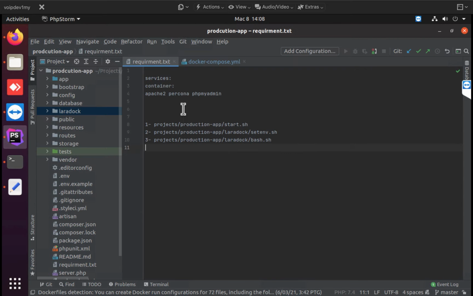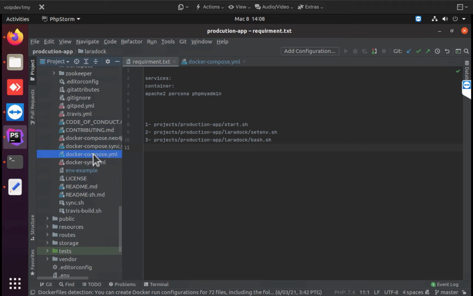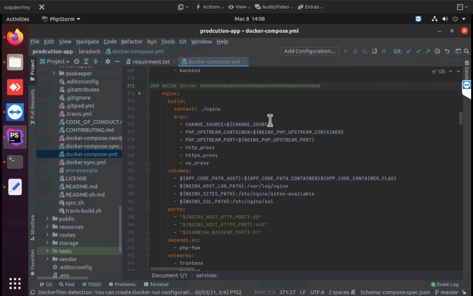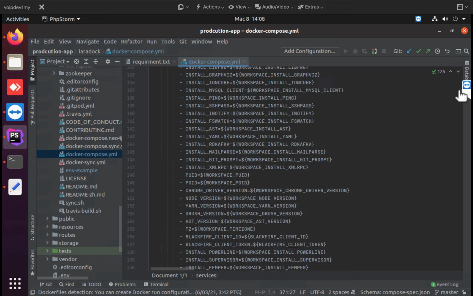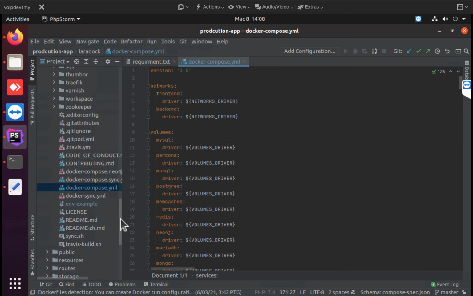We want to use this as a custom, and we want to bring changes to the docker-compose file. So this is the Laradock folder. If you want to bring any changes to the Docker or docker-compose containers, then you need to go inside the Laradock folder. In the Laradock folder, you can see a file, docker-compose.yaml. This is the file. You can bring any changes that you want to have in your application,